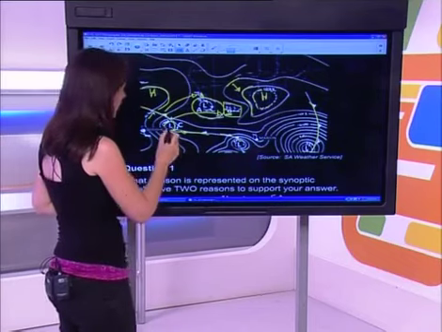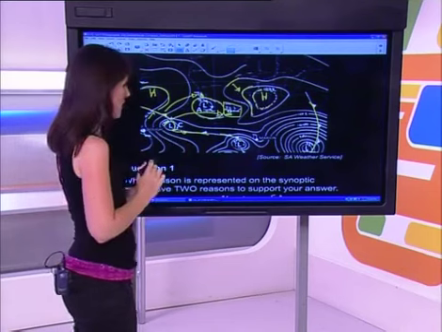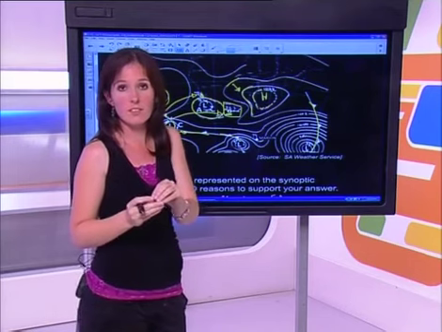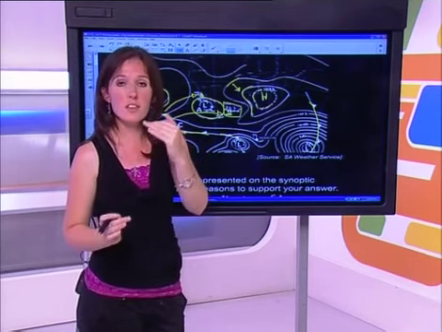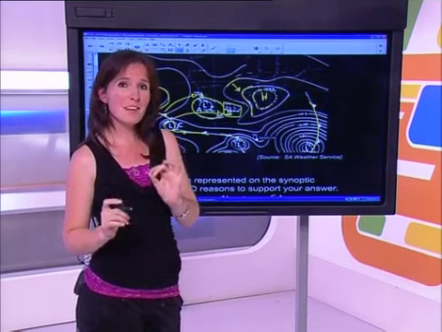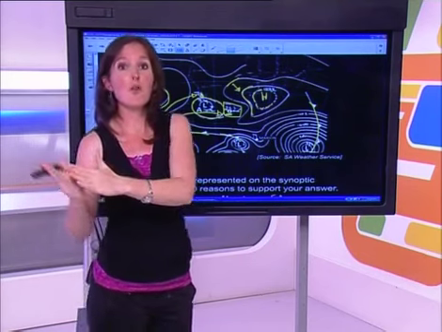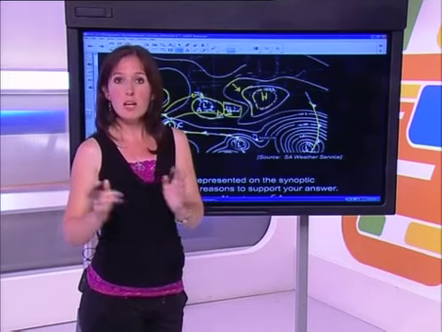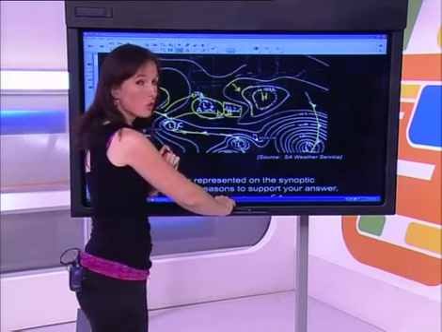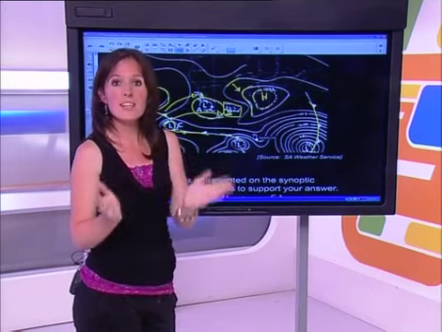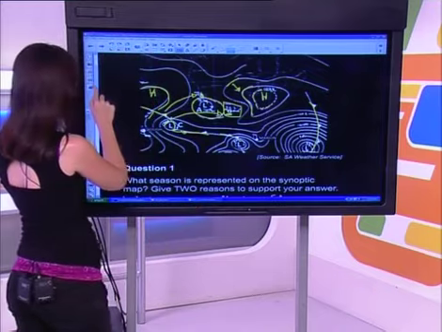Okay? So if this is 1,008 hectopascals, it must mean, because we're going into a low pressure cell, that the pressure must be below 1,008 hectopascals. However, we can't just choose any number below 1,008. We have to remember that it has to be above 1,004 hectopascals, which would be the next isobar. So you have a few numbers to choose from, but make sure that it's not exactly 1,008 and that it's not exactly 1,004. It has to be somewhere in between.